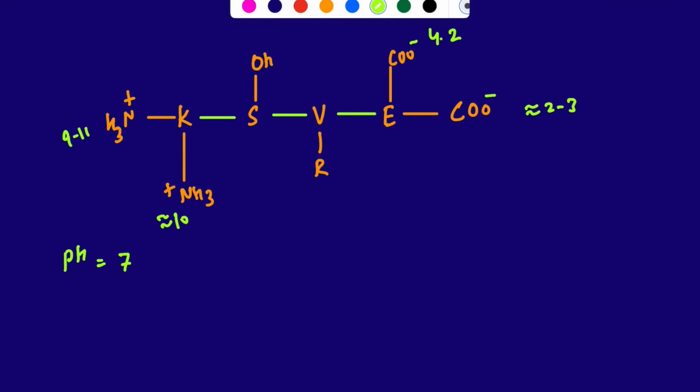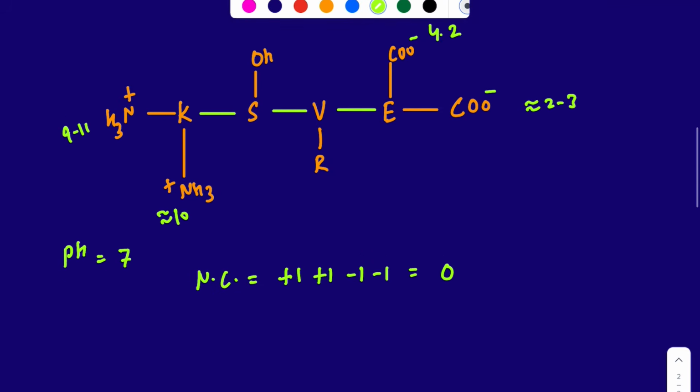So in this case, the net charge: I'm going to have plus 1 from these NH3 groups, but then I have minus 1 and minus 1 from those carboxyl or carboxylate groups right there. So when I calculate all that out, it turns out to be a 0 net charge in this particular case. You can also have a situation where